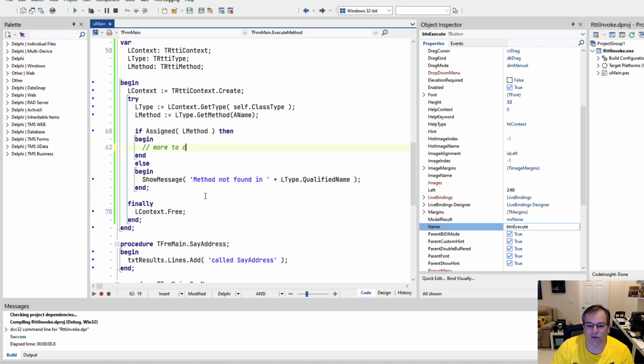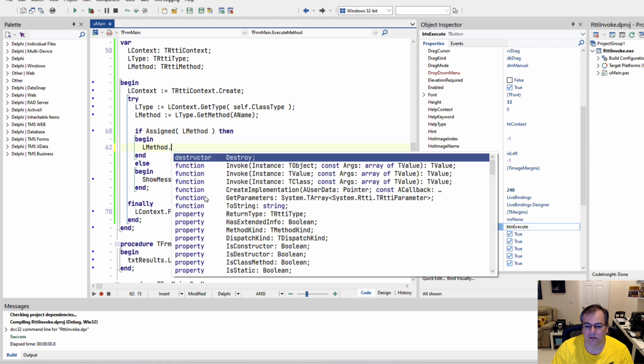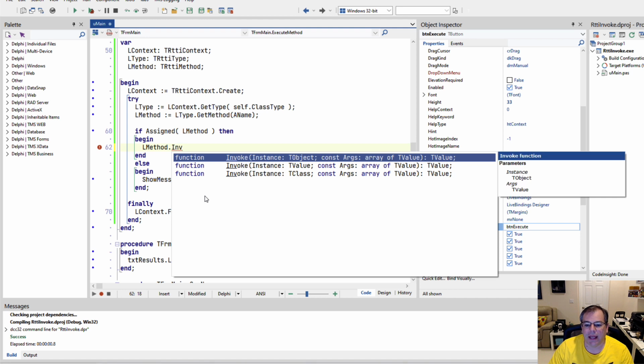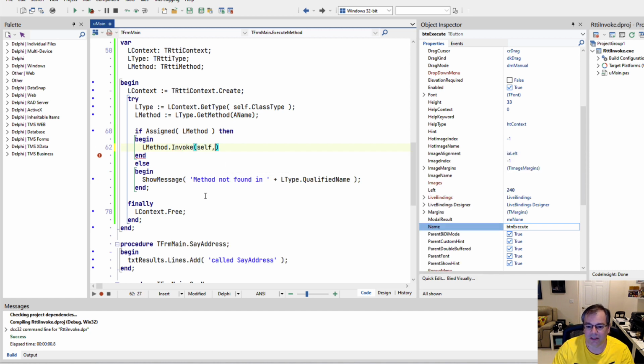So now, more to come, we invoke that method. So we say L method dot Invoke, and the instance that you have to give here is the object instance that method is supposed to be called on. So you can literally say Self, because that is our TForm object instance, because the type is the description of the class.